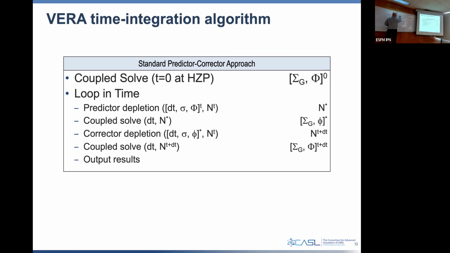So I do a coupled solve to get my flux and my cross sections. And then I do my isotopic depletion. So if you remember the depletion equations, dN/dt equals my loss. So for each isotope, my loss from that isotope, and so radioactive decay plus any cross sections that would make it remove times the flux for that isotope, plus